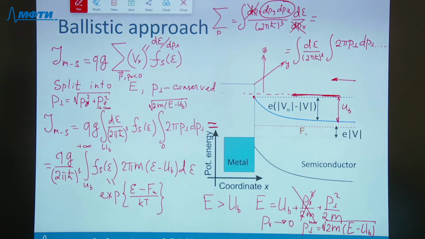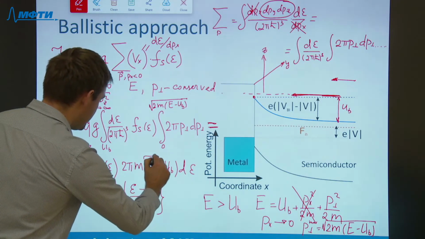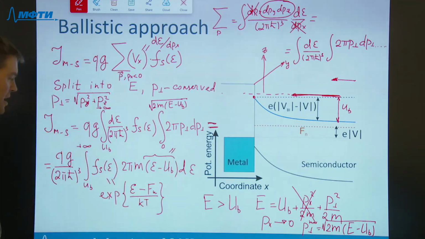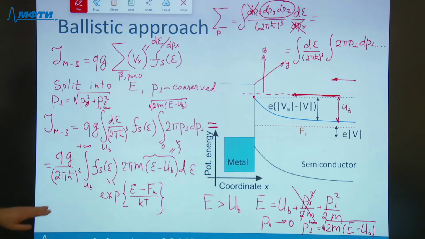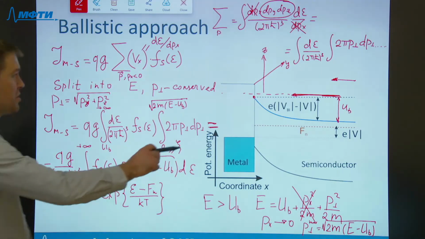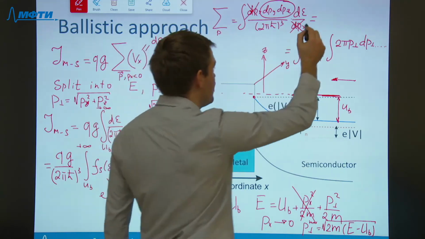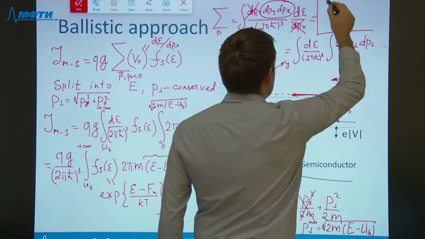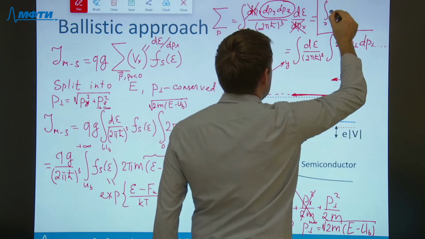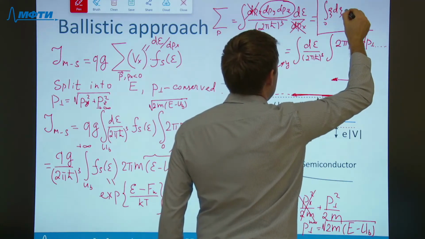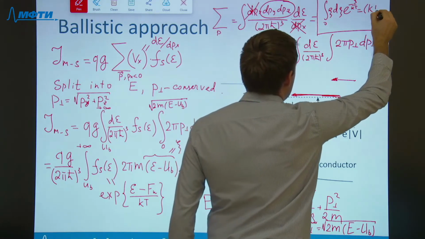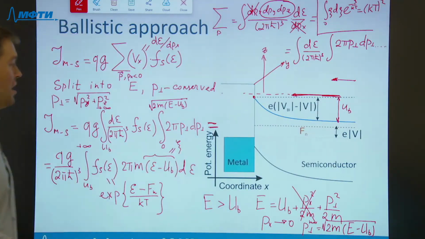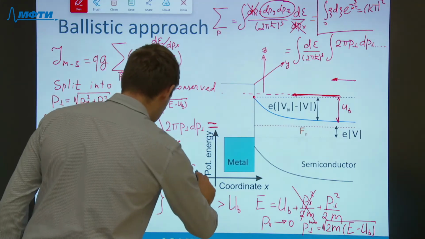Energy minus barrier height is the new integration variable psi, and the trivial integral that we need to evaluate is the integral from 0 to infinity of psi, d psi, exponent of minus psi divided by kT, which is nothing but kT squared. So the final result would be